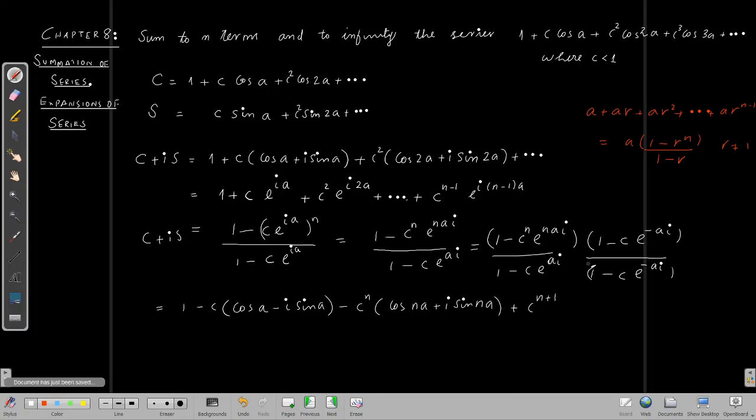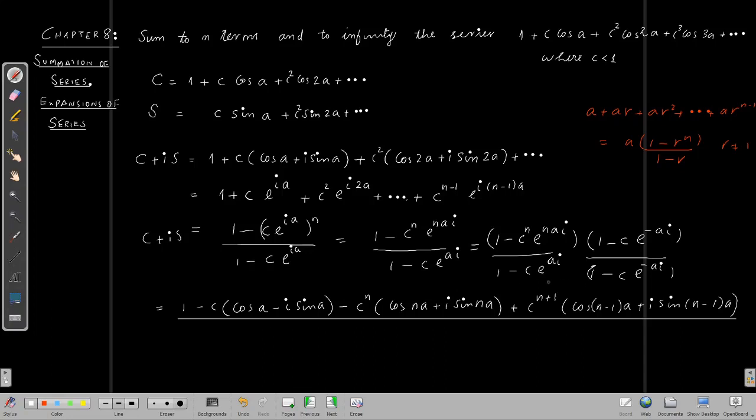And the product of this, that is e to the power (n minus 1)i, that is cos (n minus 1)a plus i sin (n minus 1)a. So this is the last term, and this constitutes the numerator. And in the denominator we have, when we multiply these two, we can get 1